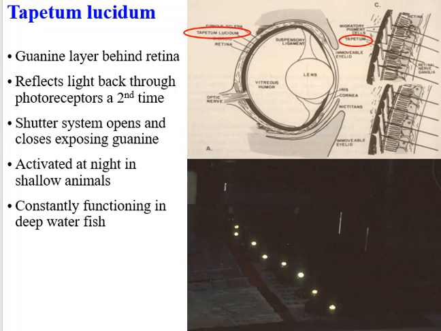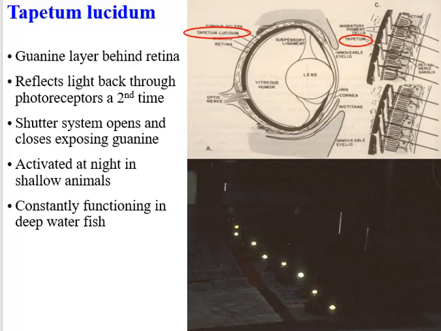Then these shutters close, and so the tapetum lucidum isn't functioning. If you look at the figure below that, where there's no reflection, the light just passes through the rods and the cones, through those photoreceptors, once. It's not reflected. That's how our eyes work. So you've got one chance to detect whatever light there is, one chance for your photoreceptors to be excited by light of certain wavelengths.